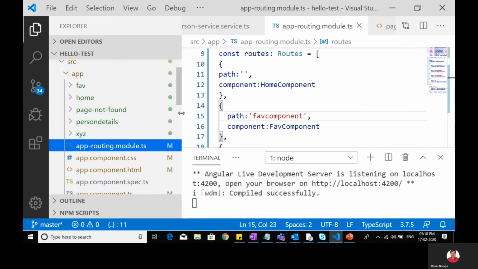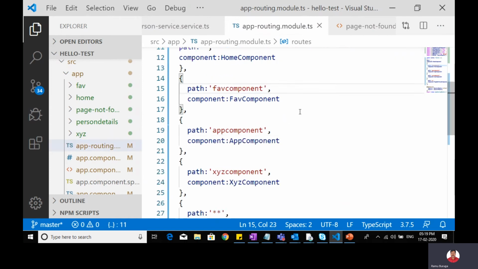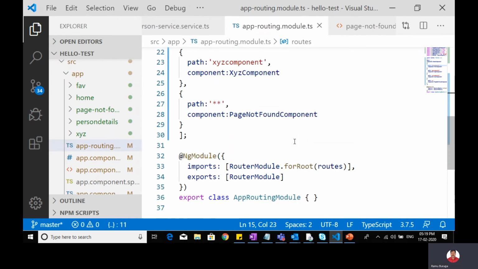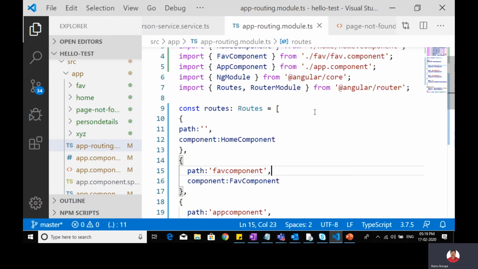This is the file app-routing.module.ts. Here I have to mention how many components I want to include in my routing. This file is automatically created by your solution.